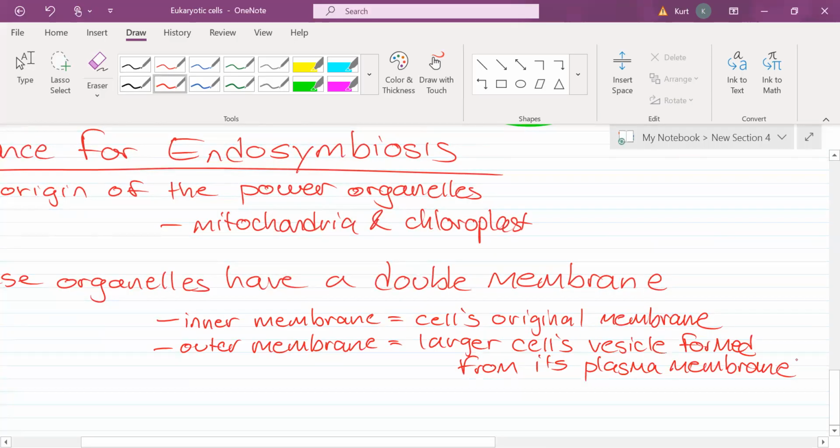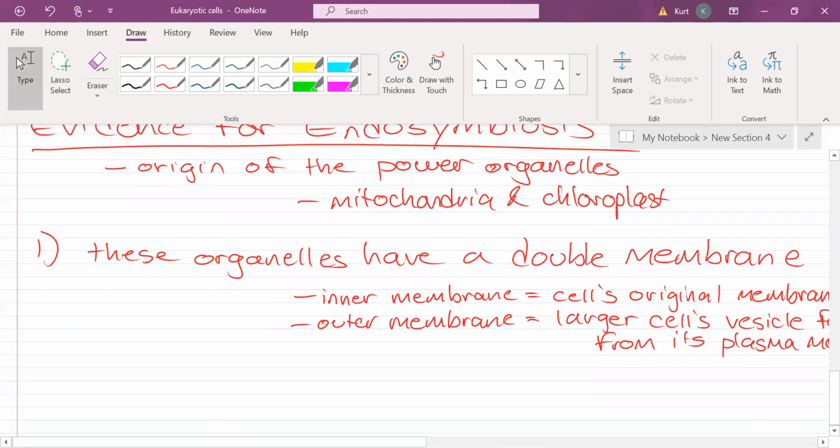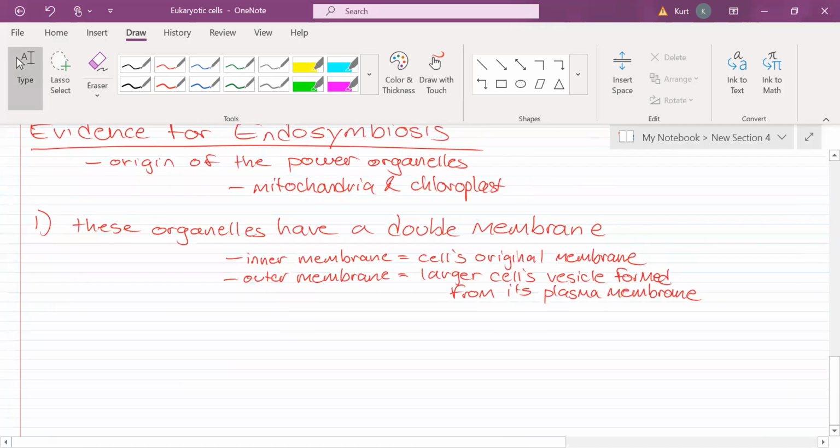So you're looking at the Golgi, the ER, the lysosomes, they only have one membrane. But the power organelles have two, and that's how they got it. Number two, these organelles